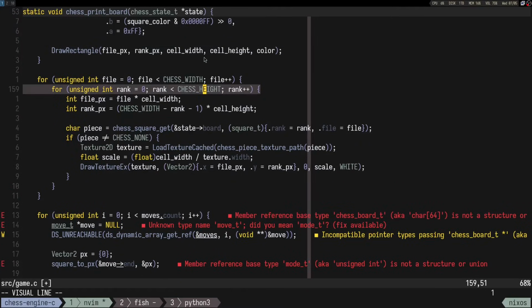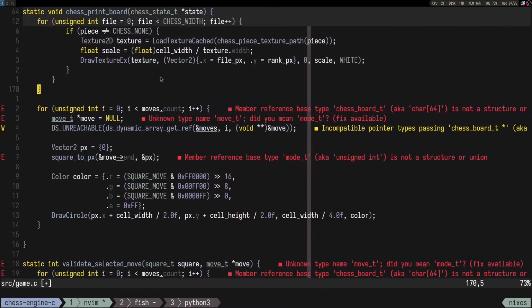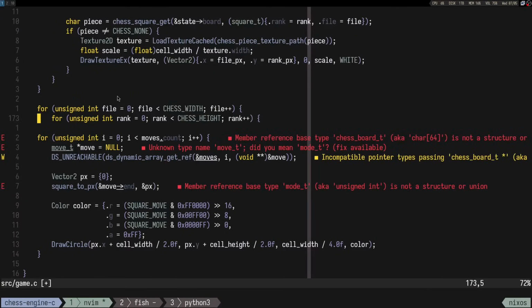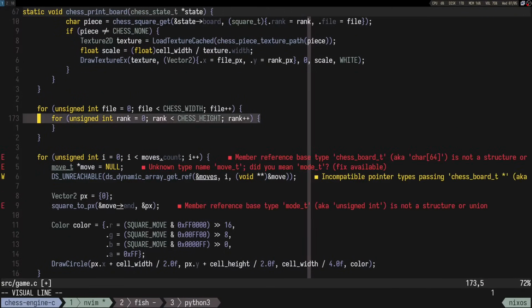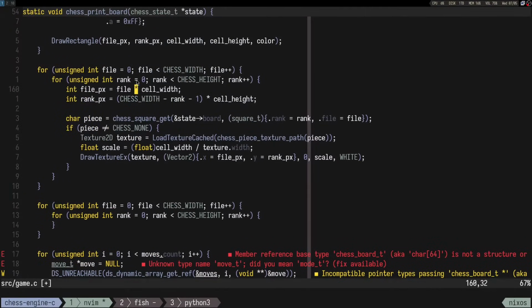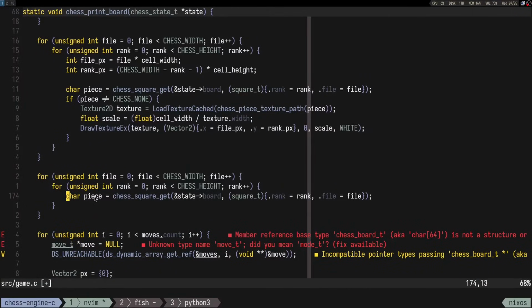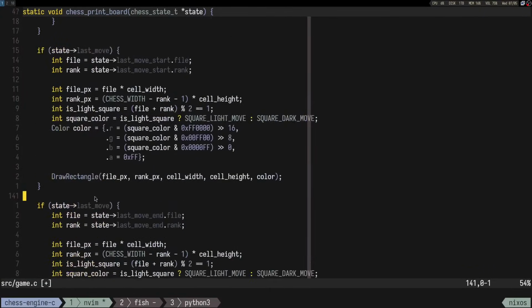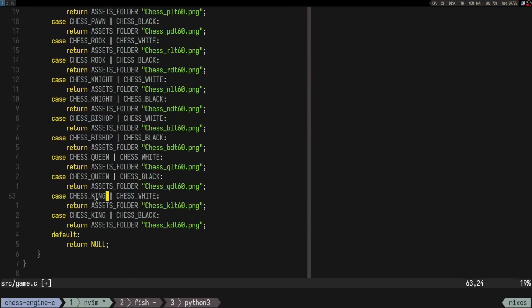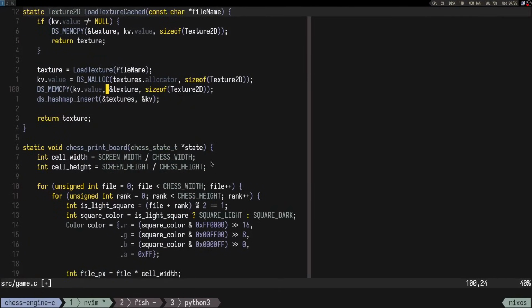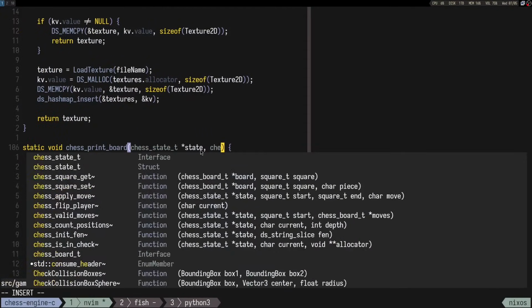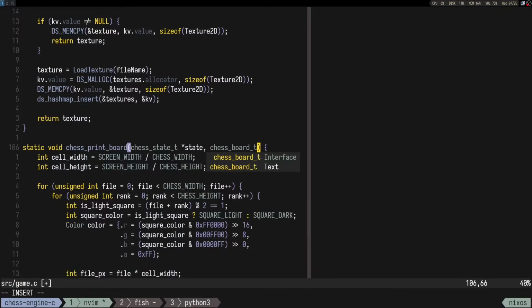So to draw the moves, I'm going to do something like this. File rank, right? We need to get, and I would say here we even need chessboard the pointer